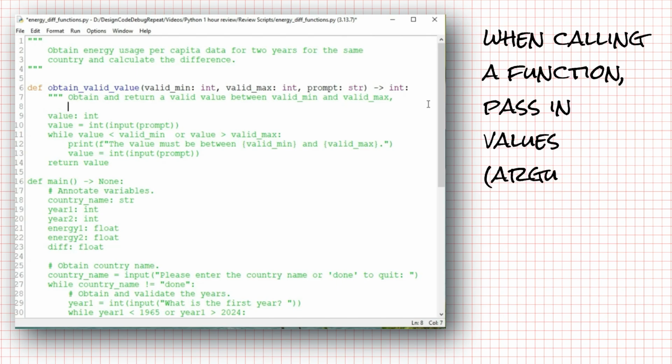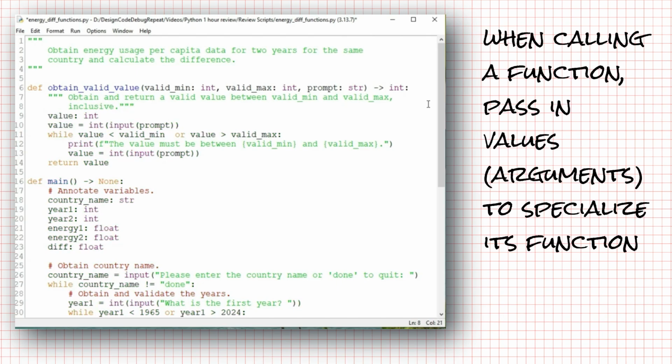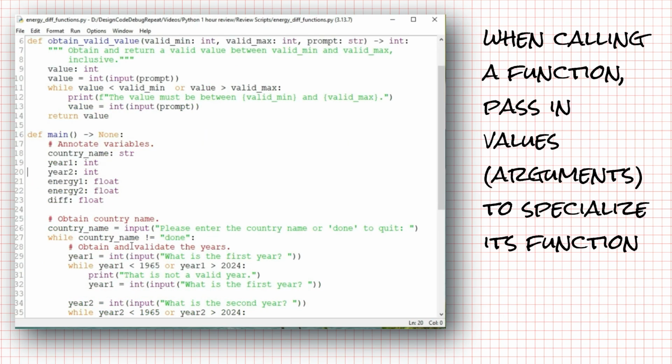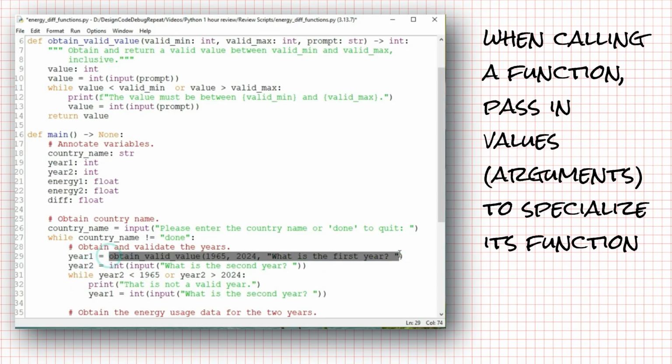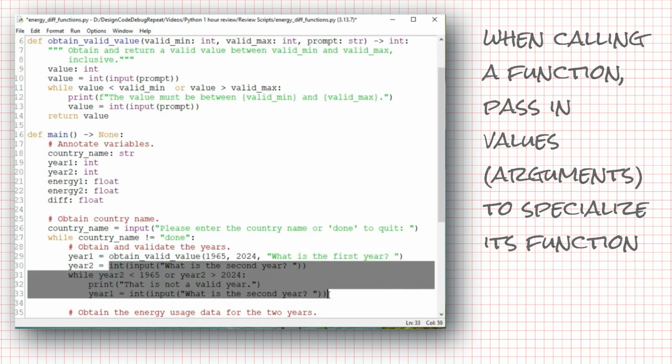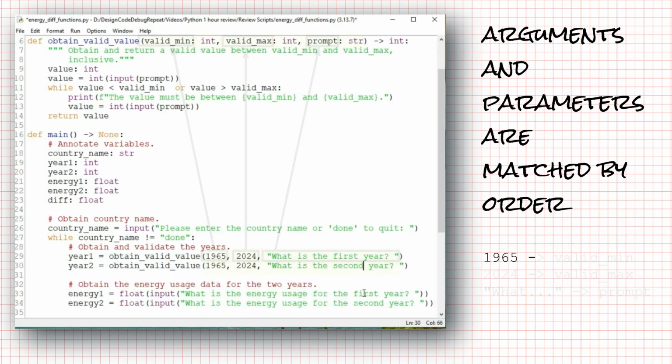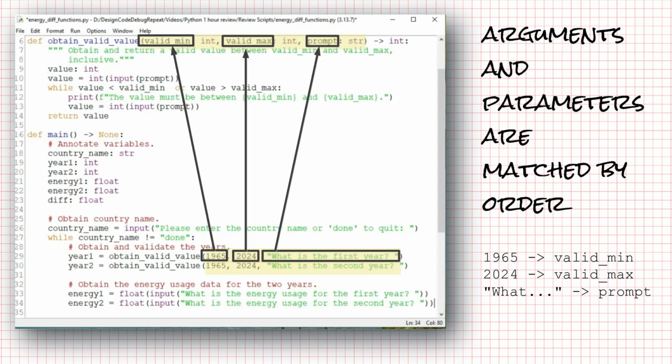Down in main now, I can delete the code that obtains and validates the year and replace it with calls to the new function. So year 1 equals obtain valid value, 1965, 2024, what is the first year? And year 2 equals obtain valid value, 1965, 2024, what is the second year? Parameters are matched by order. So 1965 will get copied to valid min, 2024 will get copied to valid max,